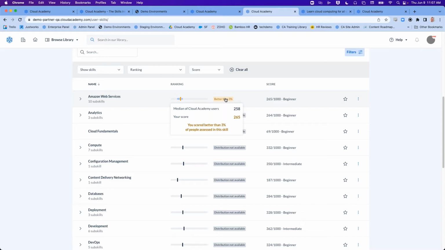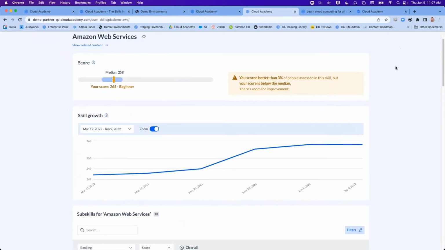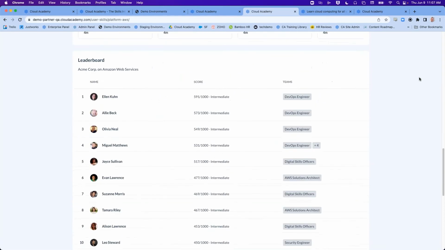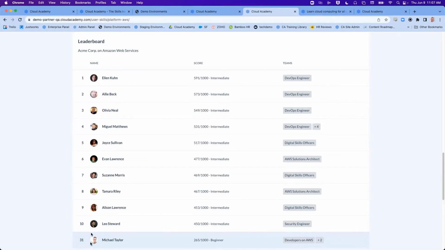Should y'all decide to partner with us and actually use a full enterprise platform, end users would then have the ability to drill down into a particular skill set, see how those skills have grown, but more importantly, this will provide a condensed leaderboard for your internal organization. So what I mean by that is this leaderboard will show Michael his position comparative to the top 10 users within this category. So I very much love to leverage this leaderboard for Michael as a way to understand who he can turn to for guidance internally.